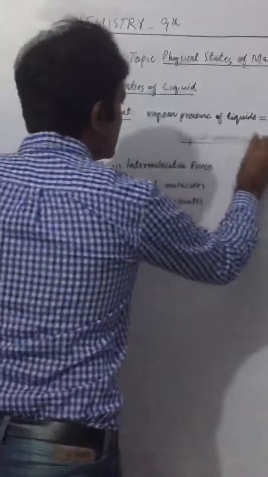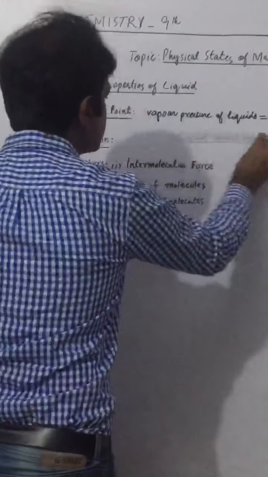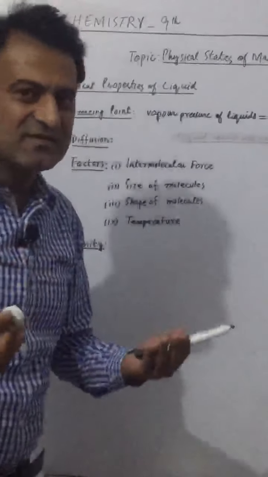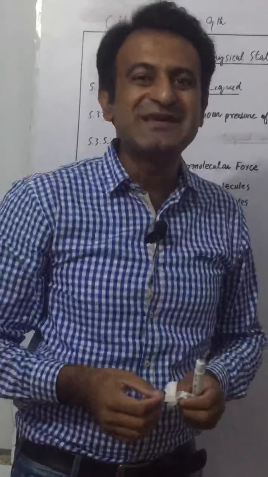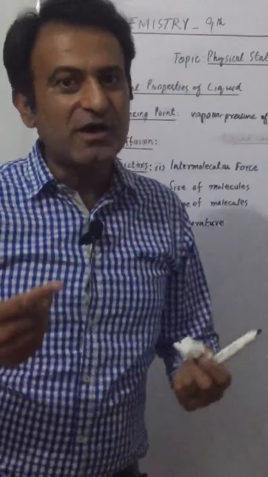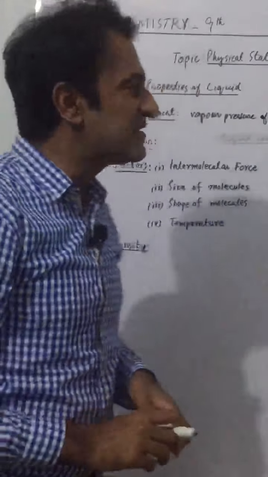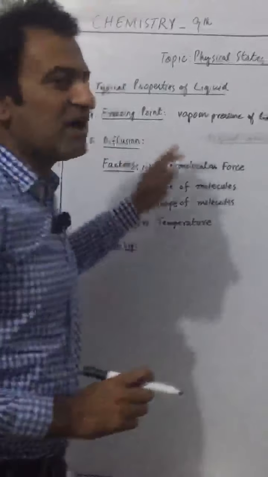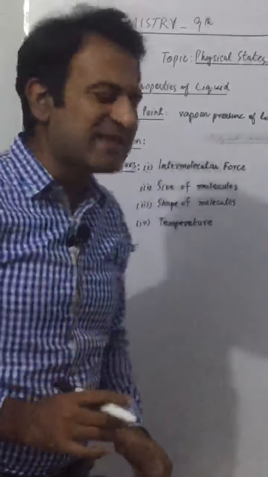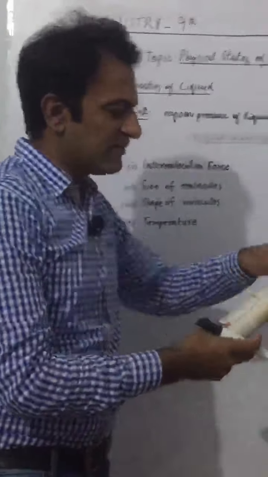As far as diffusion is concerned, we have already done the definition of diffusion of gases, that is spontaneous mixing up of molecules by random motion or collision. Same is the case with the diffusion of liquid. The best example is given in your book, where you could see that we are having